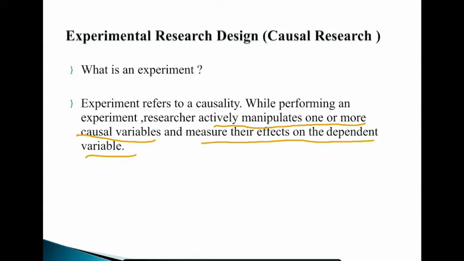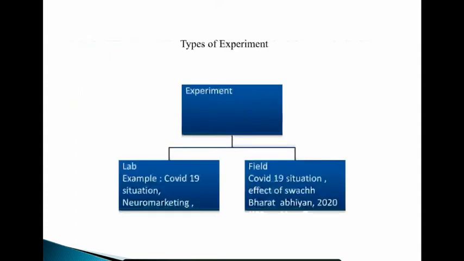We will also be taking up a video on concepts and variables, because whenever we go for research, the first and foremost thing is to understand the variables and how we convert concepts into variables. In an experiment, the researcher always needs to have a certain set of variables, and what the experiment does is manipulate one variable to see its effect on another variable. That's why we always say an experiment refers to causality. Let's understand the experiment in a detailed manner with examples.